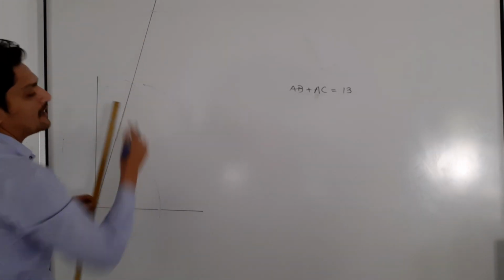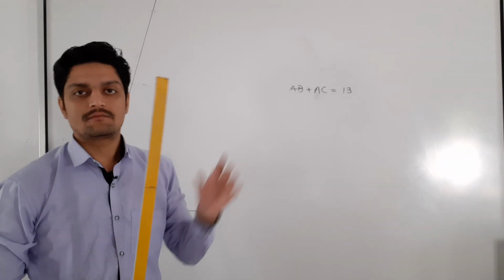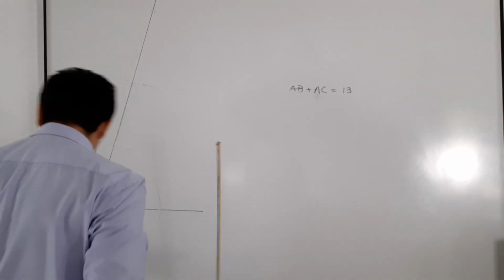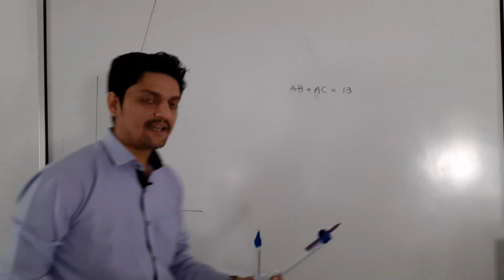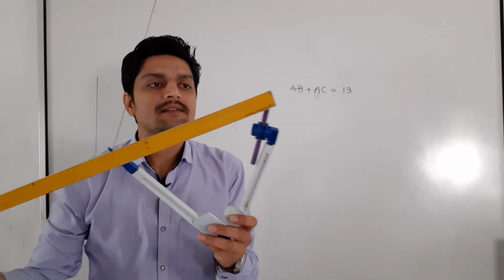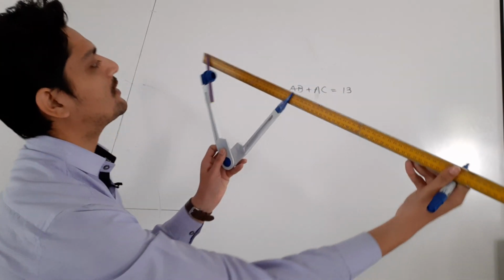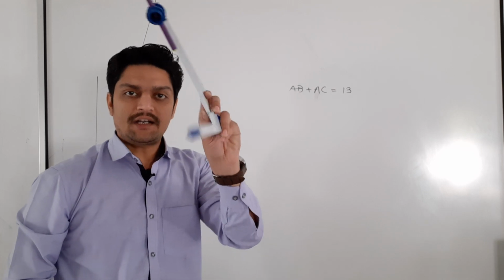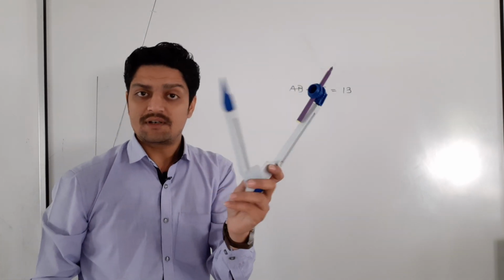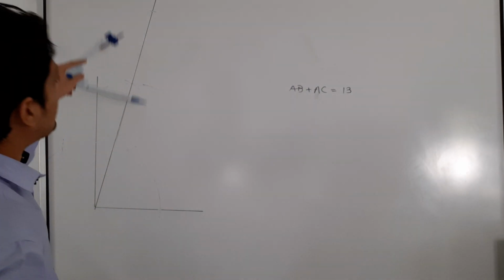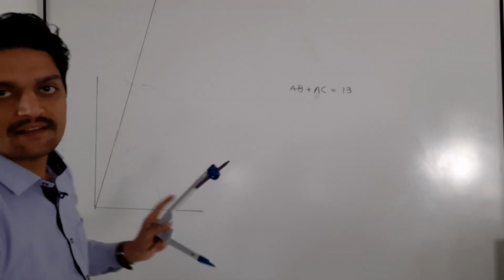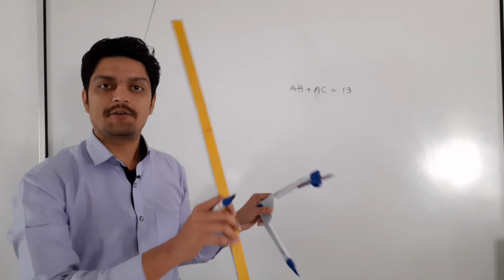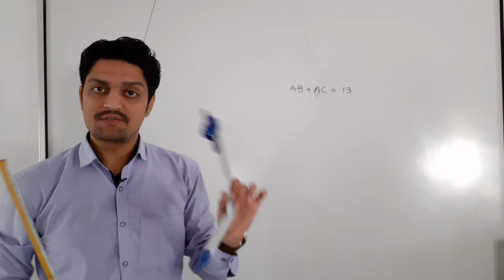Here, actually, directly you don't have to draw like this. You have to put your rounder on your scale and measure. Yes, this is 13 centimeter. Once your rounder is set using that length, you have to draw one arc, and this arc should be like this. But because I have a large figure, I have drawn it directly, but you have to use your rounder.